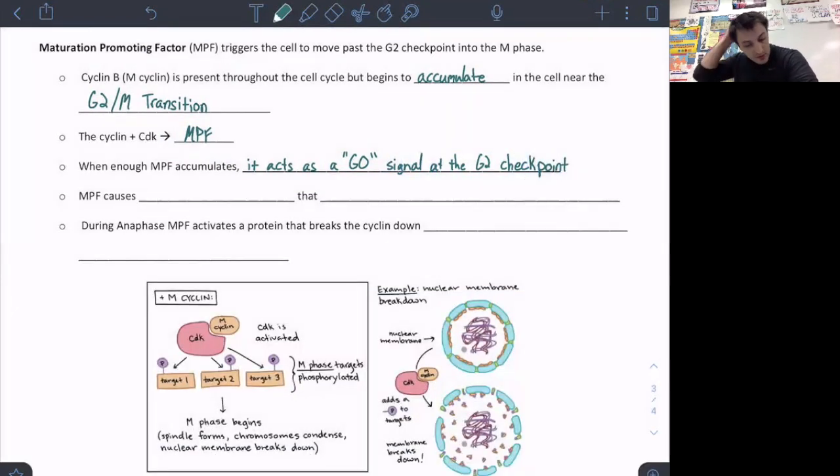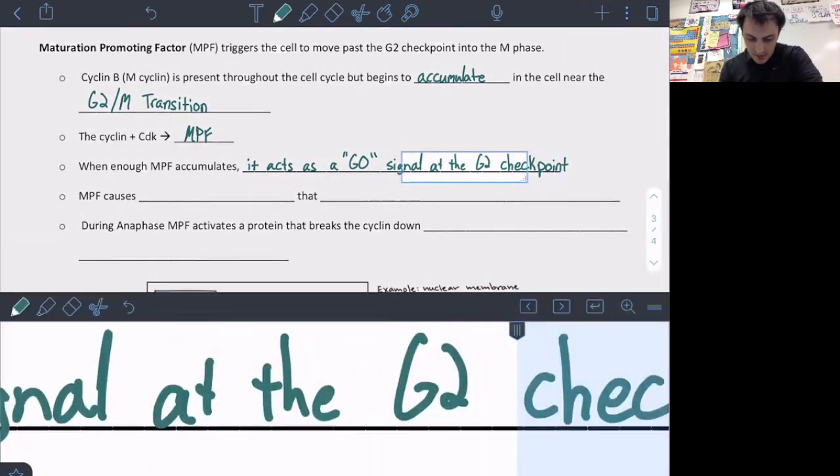If there's enough MPF there, it's going to say, hey, you can proceed. You can keep going through our cell cycle and enter that